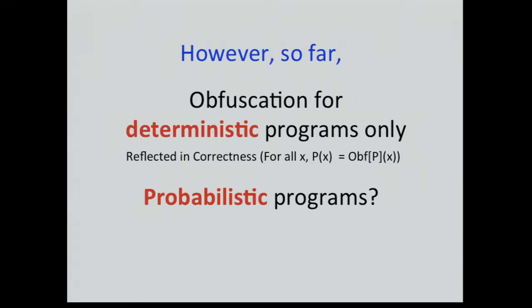There are probabilistic programs, and we know in general they are more powerful, more general, and in particular we have lots of cryptographic algorithms which inherently use random coins. And in many applications of obfuscation, we would actually like to obfuscate some sort of cryptographic algorithm as part of whatever application we're dealing with. It seems like a very natural notion right under our nose, so why didn't people look at it earlier?